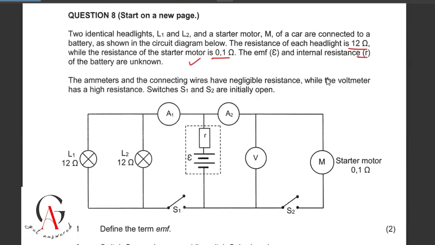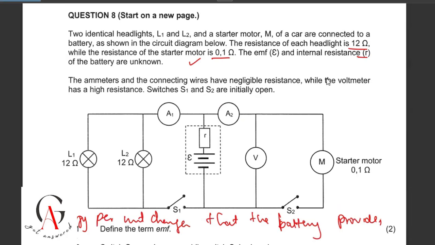Can we define EMF? So EMF is basically the energy per unit charge that the battery provides when no current is flowing. Some people will also have another version: basically the energy needed per unit charge to move